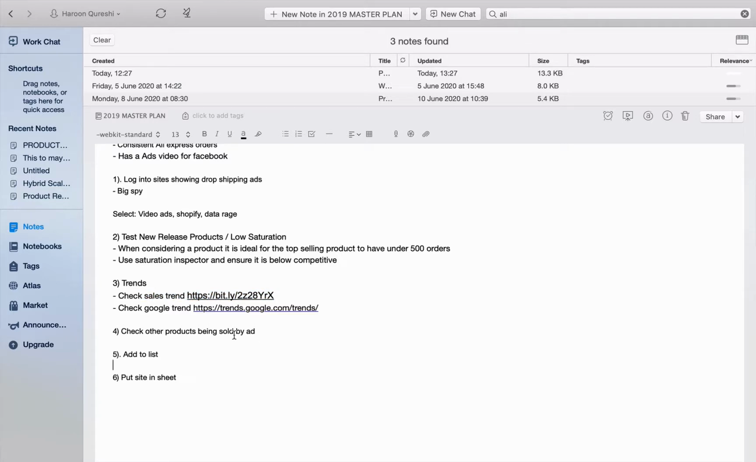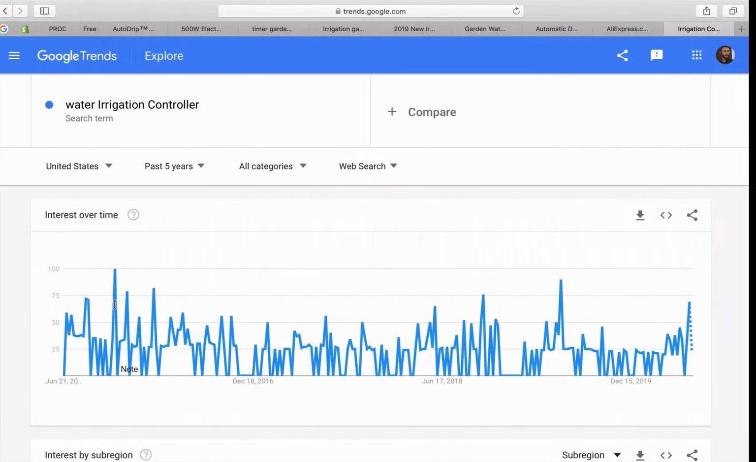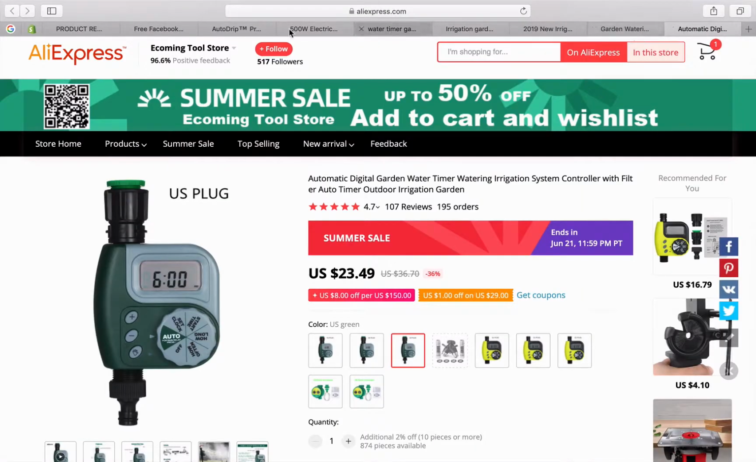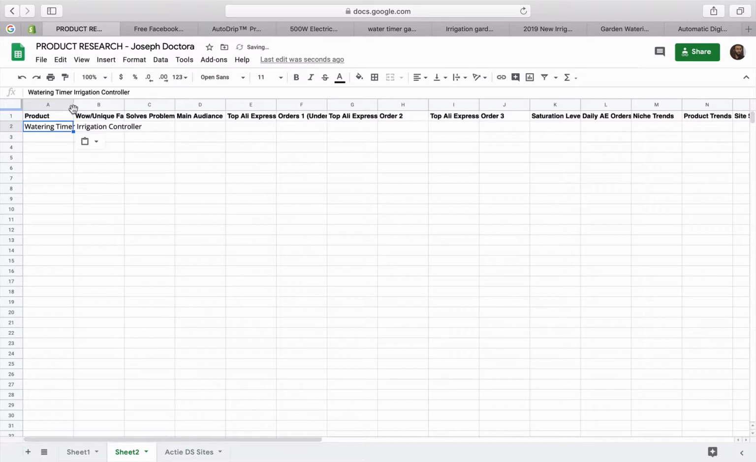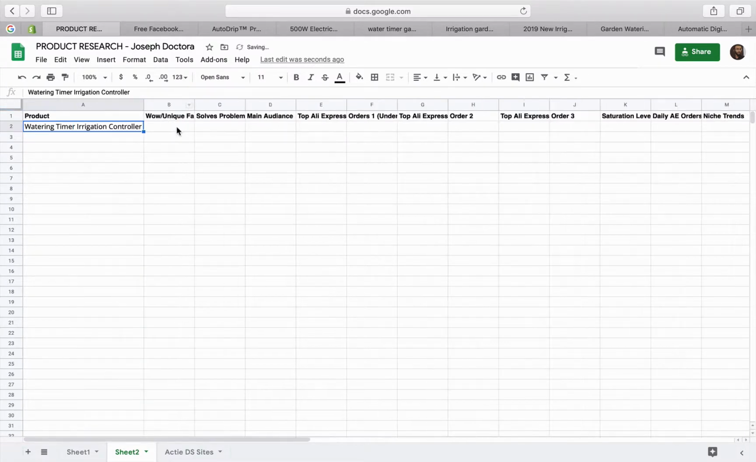Okay, check other products being sold. So the next thing is, before I do that, I want to put the details in. Okay, so let's go ahead here. So product name was watering timer controller. Does it have a wow unique factor? Maybe. No, not really. Does it solve a problem? Yes, it does. Target audience is